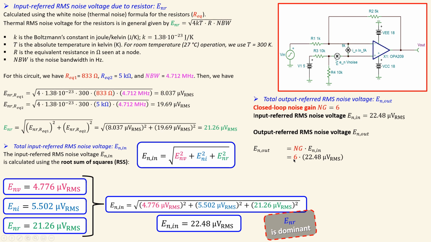Now if you do the math, you will get 6 times this, you will have then 134.9 microvolts RMS, which is approximately 135 microvolts RMS. So that is all result, and this is then the input referred RMS noise voltage, and this is then the output referred RMS noise. Of course we will verify this, but let's also look at a very important aspect, which